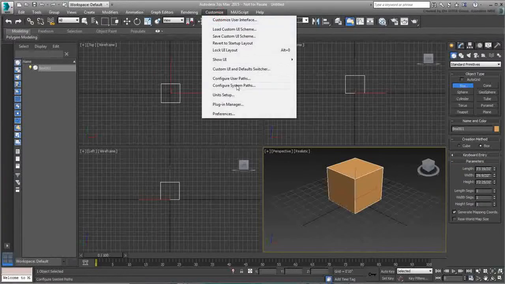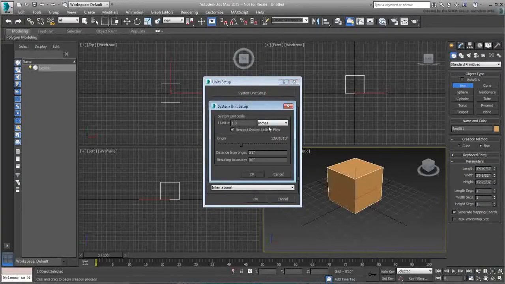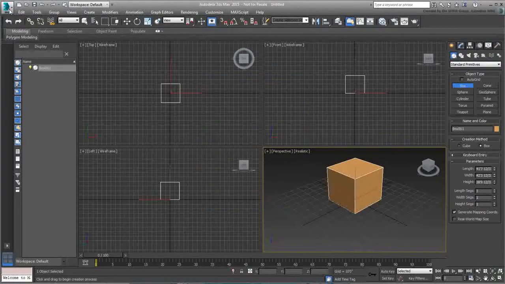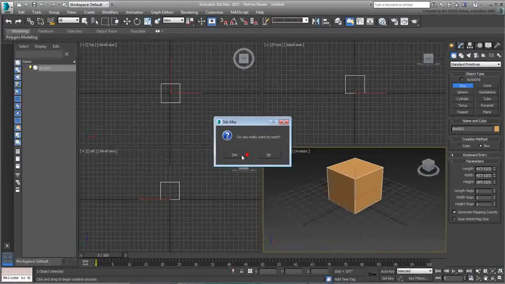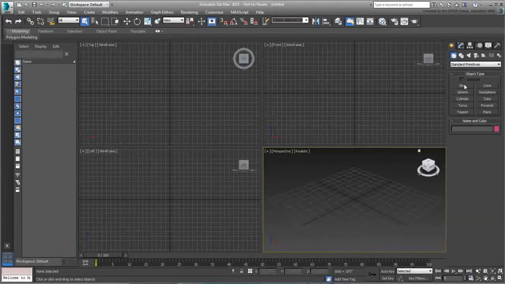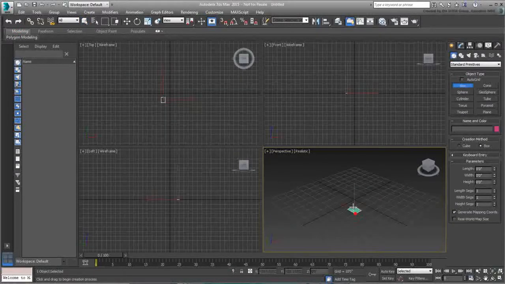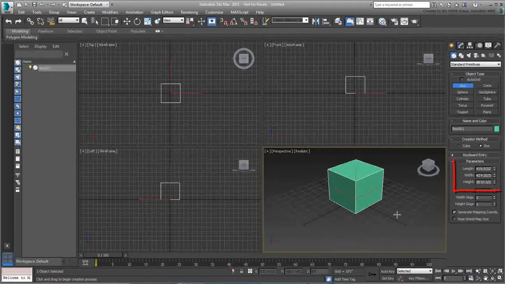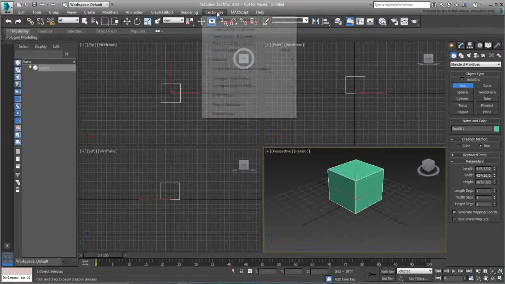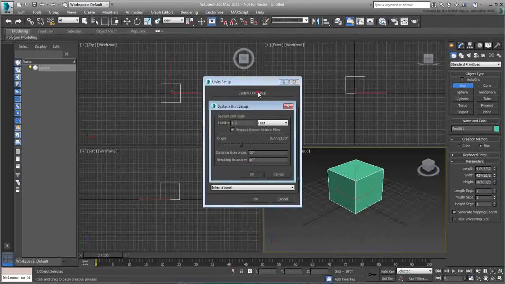Now set the system units to feet and reset 3ds Max one more time. Create the same box one more time, and note that it is closer to 40 feet in size this time around. The same box that could have been used to model a small object a second ago is now suddenly as big as a house. Now try it with system units set to miles,